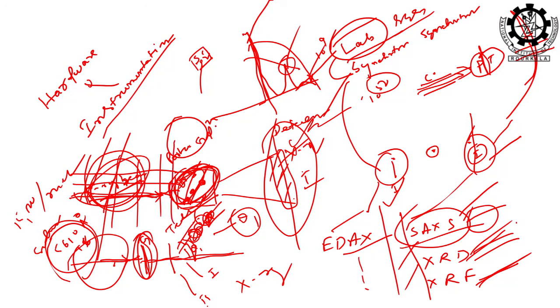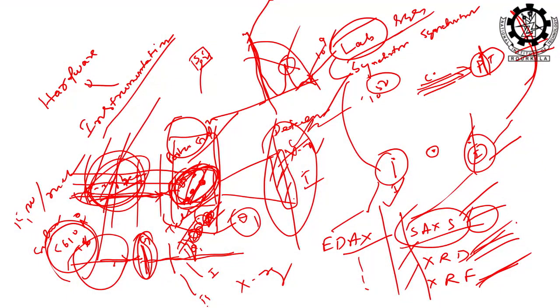Then you put your sample. Your sample place is also defined. If you put the sample in this path, this space, then the beam is interacting, otherwise not. Right? Suppose the beam is coming here and you place your sample here, then what will happen there? Nothing. No scattering, no diffraction. So, the sample place is also well defined. Beam is coming in this way, you put your sample only within this space. So, this sample space is defined, beam line is defined, that is again a parallel beam.